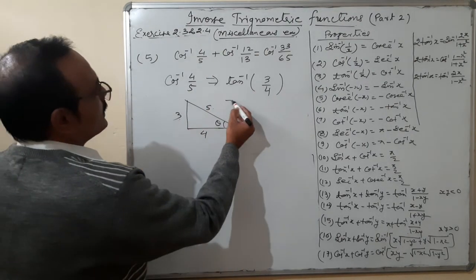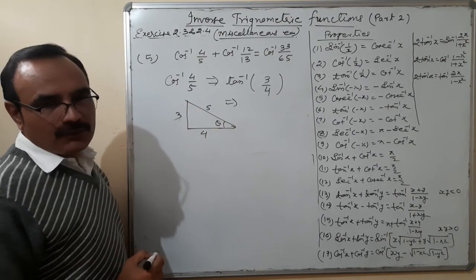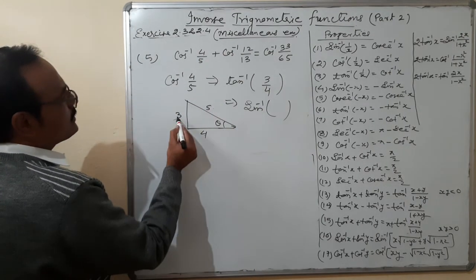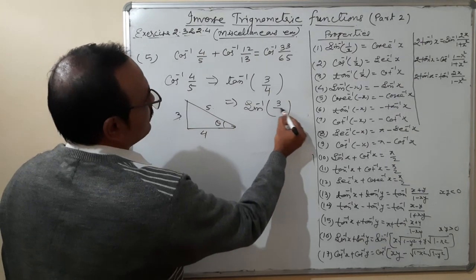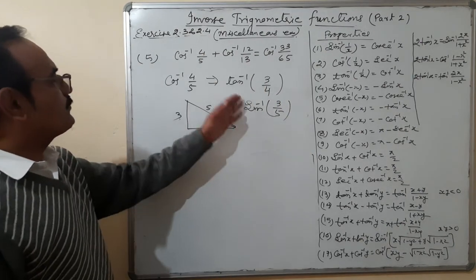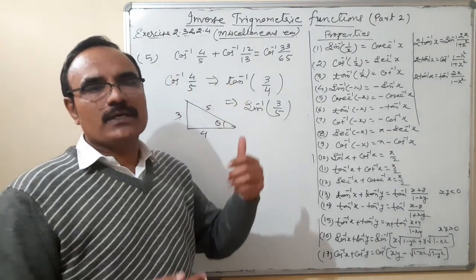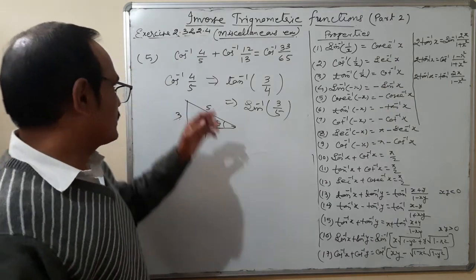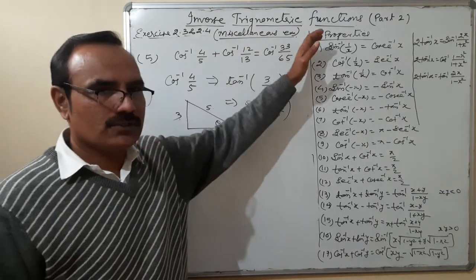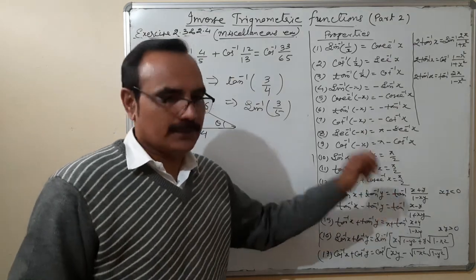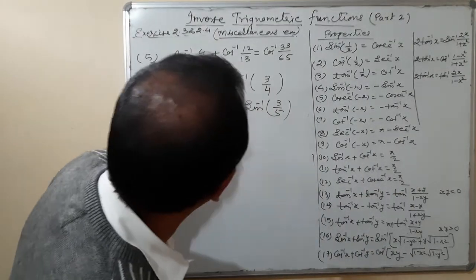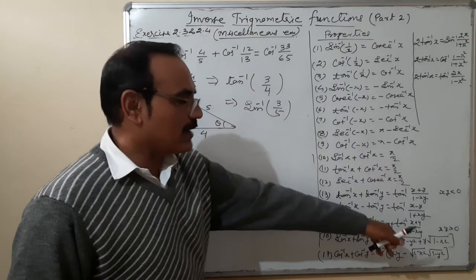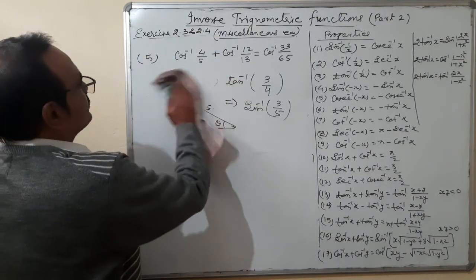If you want to convert the same thing, cos inverse 4 upon 5, into the form of sine inverse, we'll write here sine inverse 3 upon 5, because the value of sine is perpendicular upon hypotenuse. So that is the procedure by which you can convert this cos inverse into the form of any other trigonometric ratios. So one way is this, convert to tan inverse, and the result is also in the form of tan inverse while applying this formula. But here, since both the terms are in the form of cos inverse and the result is also in the form of cos inverse, I am directly substituting the value in the formula.